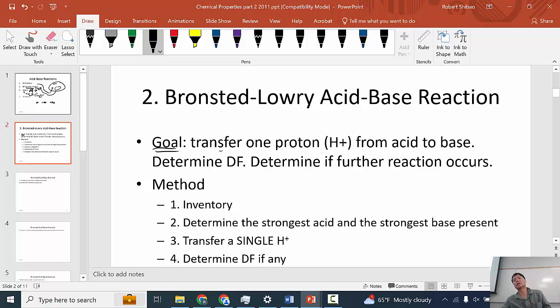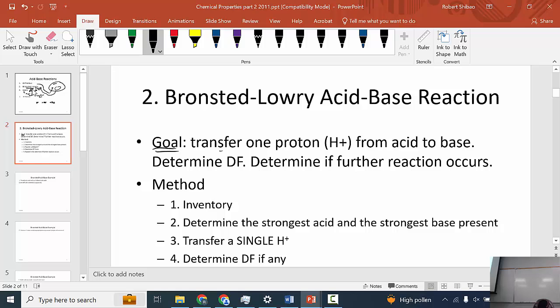There's overlap here because we have metathesis style Bronsted-Lowry acid-base reactions. And so we're going to treat these two differently. I'll talk about that here. So even though it could be consecutive reactions, there could be multiple steps, we're just going to do one step